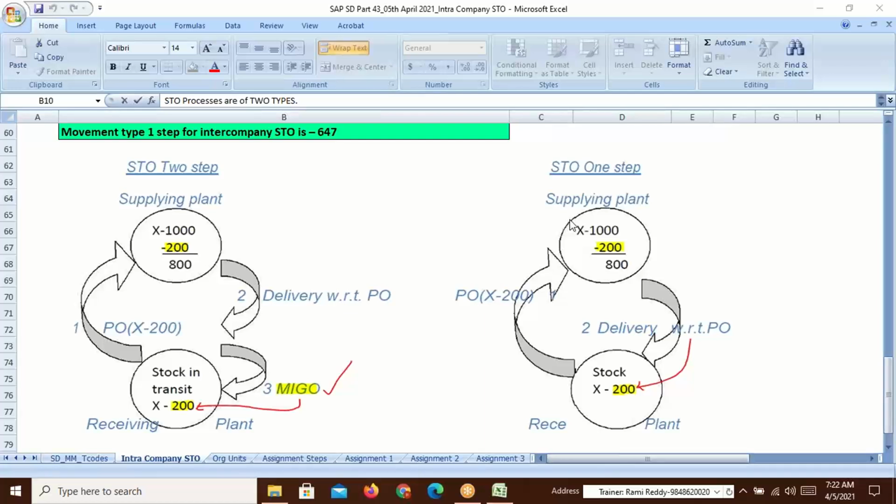Now assume that you are transporting petrol from the supplying plant, 200 barrels of petrol from here to here. 20 kilometers means it hardly takes half an hour. Now tell me, within half an hour will the petrol evaporate? No, right? There will be very slight change, I don't think it will evaporate. Whatever is there, that much will be there. So in that case you can use